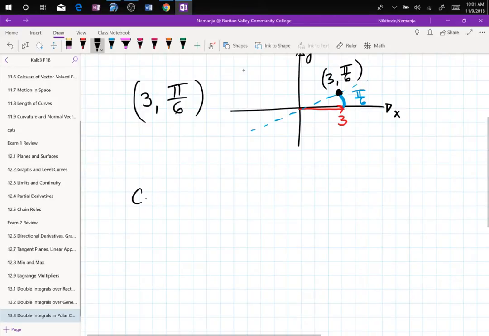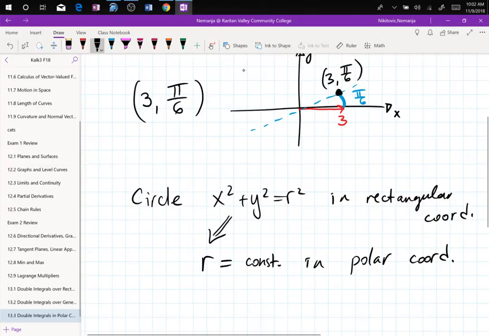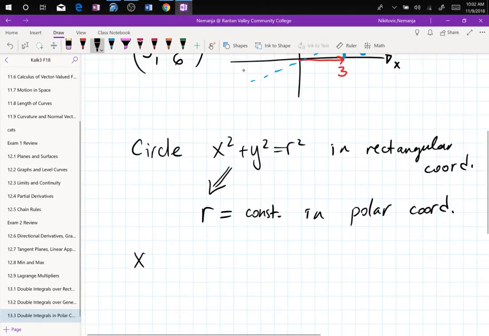I need to make sure that you know that circle, which is x squared plus y squared equals r squared in rectangular coordinates, is given as r equals a number, so r equals constant in polar coordinates. And you can immediately see where all of these horrors in calculation go away, because your previous problem we did